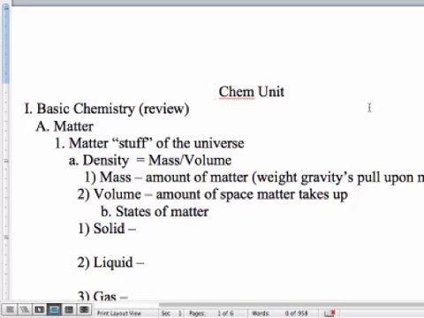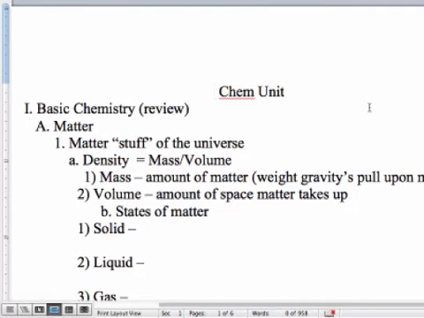Now, what we're getting ready to start really is the biology unit that has to do with cells, and we're looking at how cells function and things like that. And a lot of people wonder why we spend any time with chemistry. That's because chemistry is the basis of how cells and how living things work. When we're talking about macromolecules, we talk about proteins, lipids, carbohydrates, nucleic acids. We talk about enzymes. We talk about all kinds of different things. And honestly, none of that would make sense if you didn't have a basic background in chemistry.